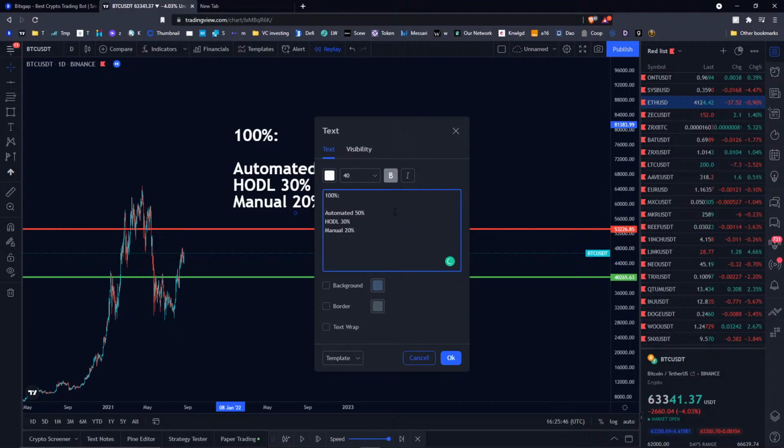And the beauty of this allocation split is that, let's say automated bots made you, for the last month, 30% of the return, whereas the hodl strategy made you, I don't know, 20% of the return. And manual trade, let's say you are very bad at trading on your own, and maybe it made you minus 20%. Okay, so the money you made in automated bots and in hodl will offset the loss you made in manual mode.